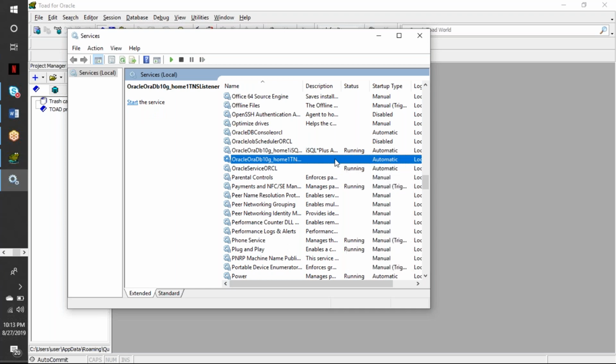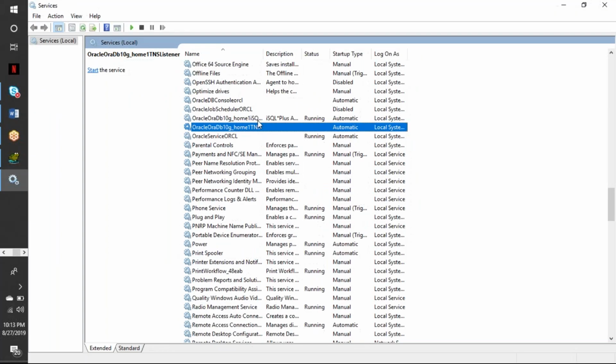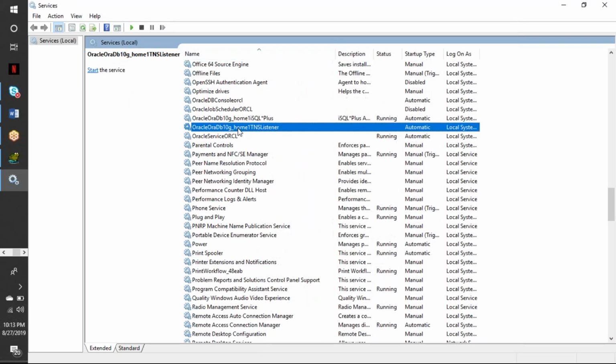What is that service? Read that one. Oracle Ora DB10 home TNS listener. So are we getting the same error message? No TNS listener.